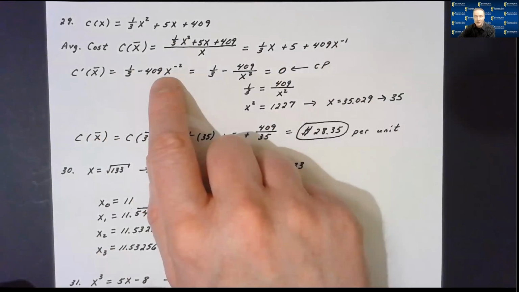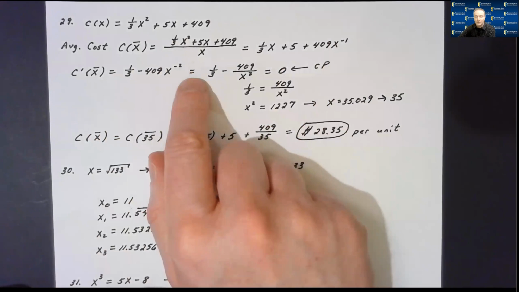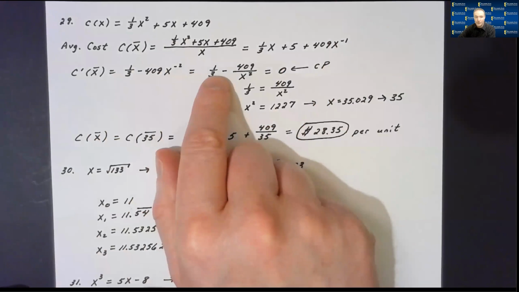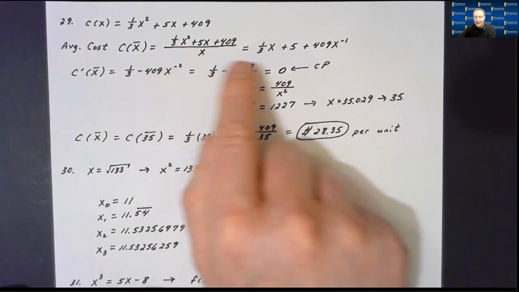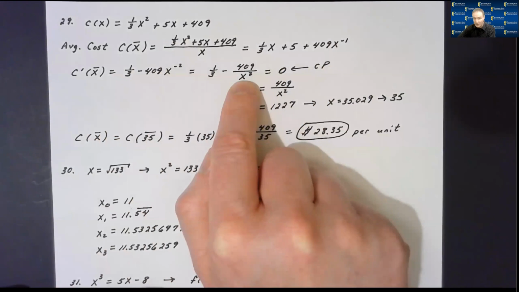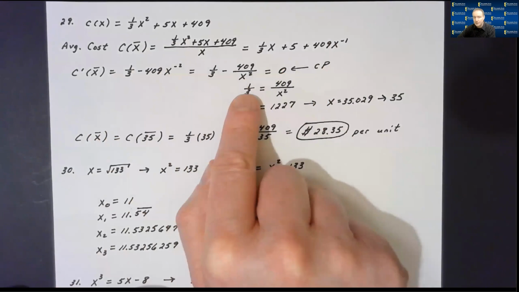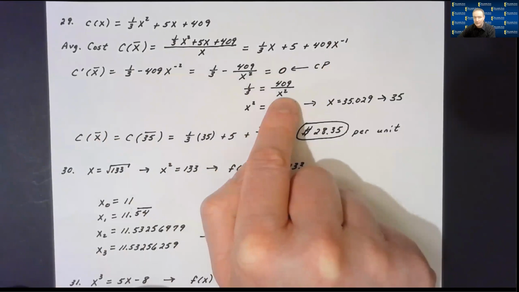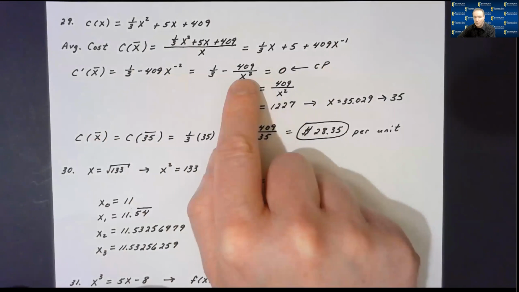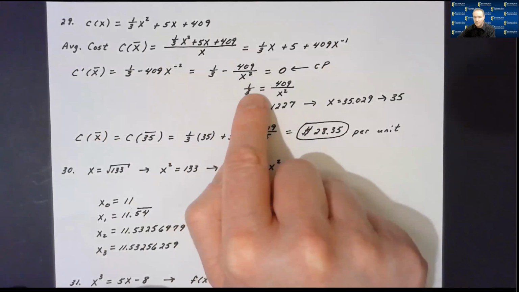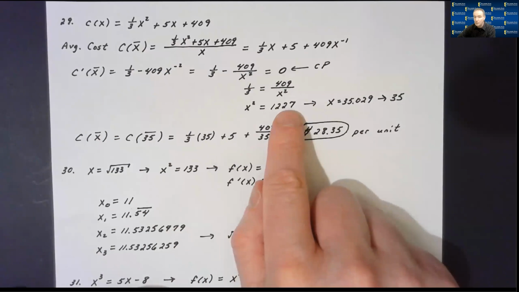That's easier to solve if you get rid of the negative exponent, so I went ahead and rewrote that as 1/3 minus 409 divided by X squared. Now we set that equal to 0 to find the critical point. When I do that, I'll get 1/3 is equal to 409 over X squared. Then when I cross multiply, I'll get X squared is equal to 3 times 409, which is 1227. Took the square root of 1227, gave me